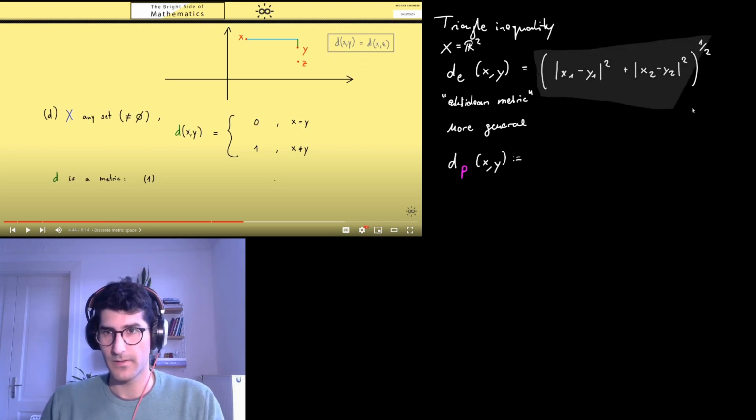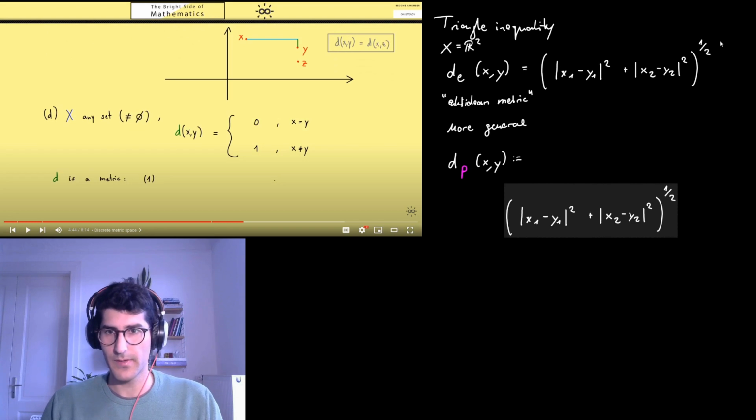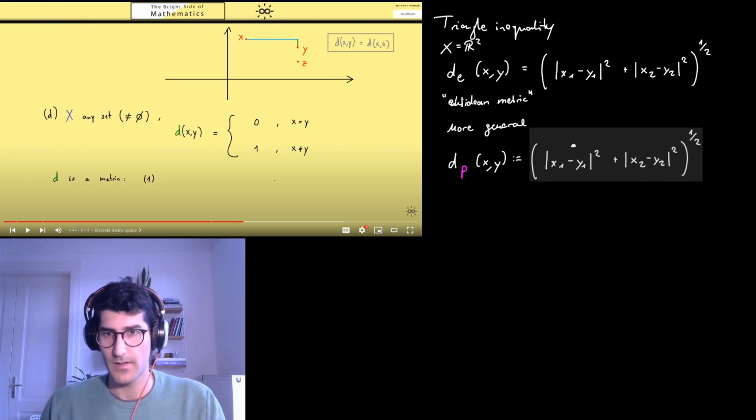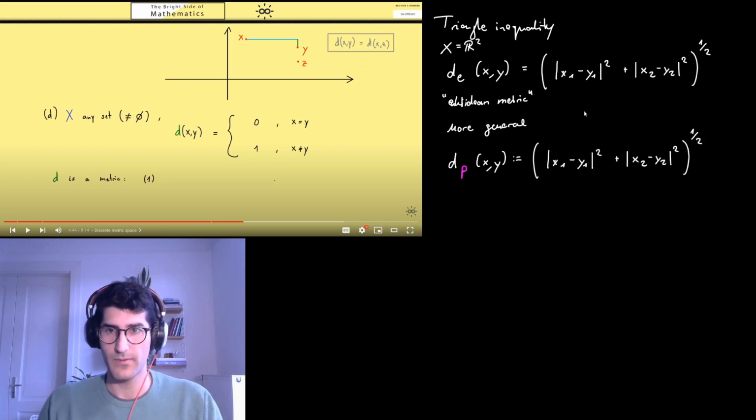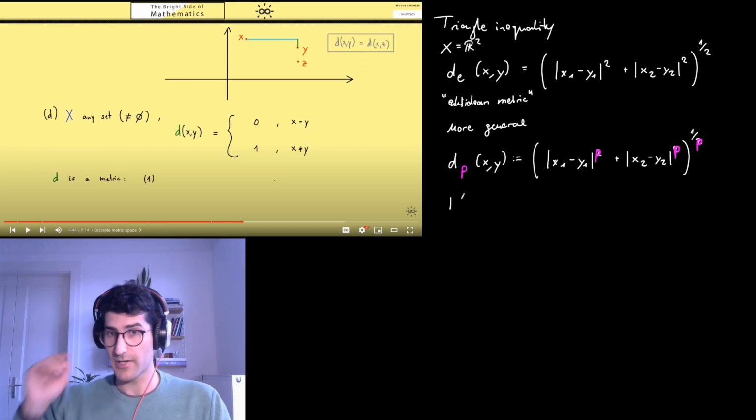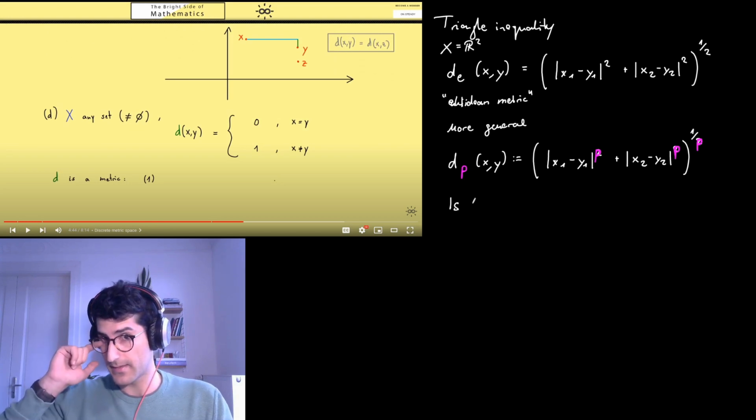And so the way we are going to do this is, I'm going to show you what we change now. So we want to change the 2 here and write a p here, here, and here. And what we have defined here is, well, a generalization of the Euclidean metric, and this is a metric